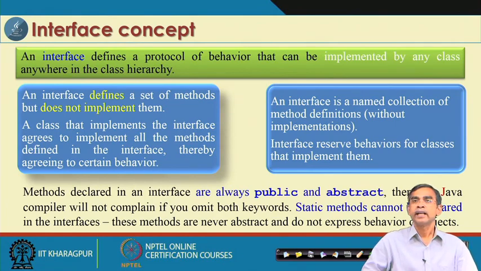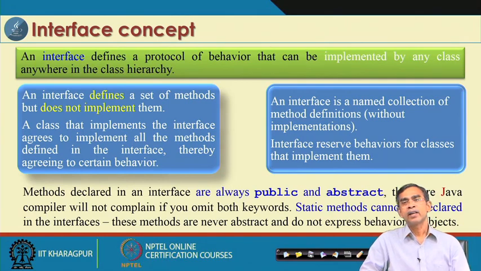That means an interface is a structure, and if you want to create a class with the support of an interface, then it is the responsibility of that class to implement, that is, clearly define all the methods that are there in that interface. And as I have already told you, all methods in an interface should be declared as public and abstract, and by default, if you do not declare any access specification, then it will be considered as public and abstract.